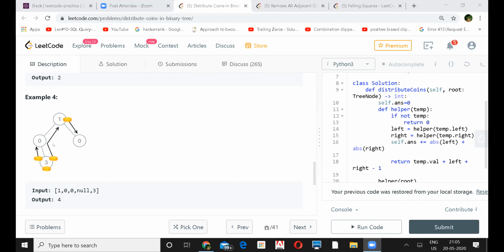Because it might so happen in between, like when the root is more. If the root was 2 and there was something like 1 over here, so we would have counted that, right? So in the root it was 2, and now it is 0 to the left of it. So if the root was 2 and the left of it was 1, you would have counted that one, right?